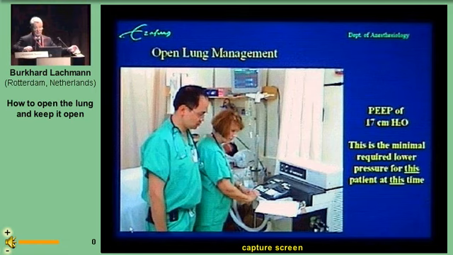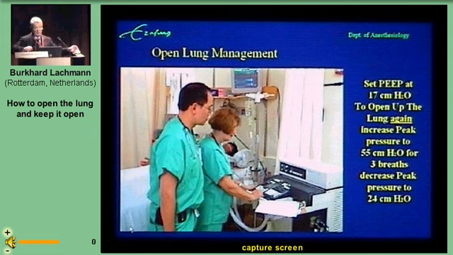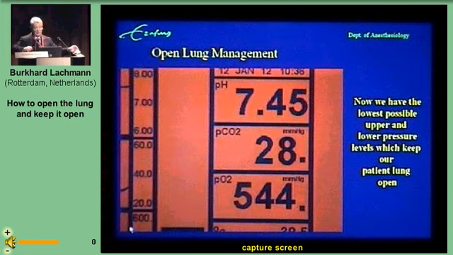Now we have to increase the PEEP level once again to 17 centimeters of water and do another recruitment maneuver at 55 centimeters of water. Okay, so we're doing PEEP to 17 and another recruitment maneuver at 55. Yes? The PO2 has increased again to 544, and we have a tidal volume of 410, and the CO2 elimination is